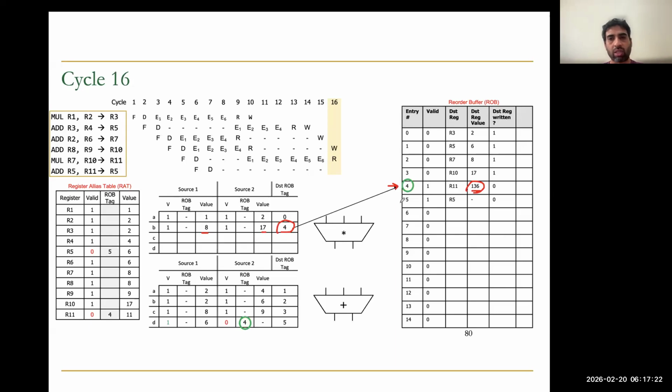Then we also look for a matching tag in the reservation status. We have one match, so we mark it as now valid, and we also copy the value 136. Now both operands are available, so this next add instruction is ready to enter the E1 stage. In the next cycle,